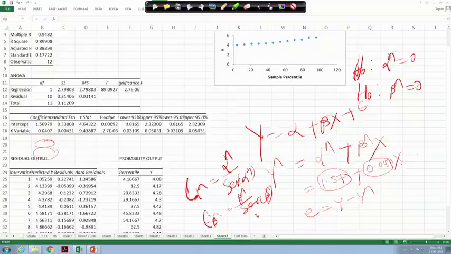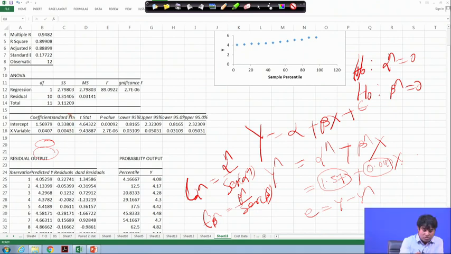For instance, in this case, these are all the standard errors for alpha head and beta head. Here I have reported the standard error of alpha head and the standard error of beta head. The standard error of alpha head is reported here by software, and this is also for beta head. So technically, software will directly calculate the standard error of alpha head and standard error of beta head.